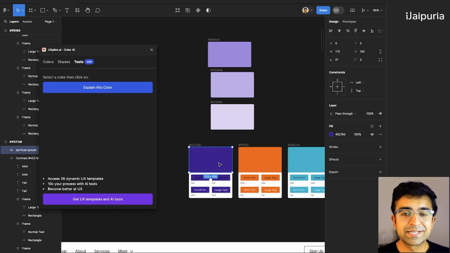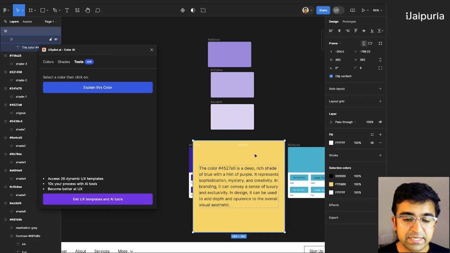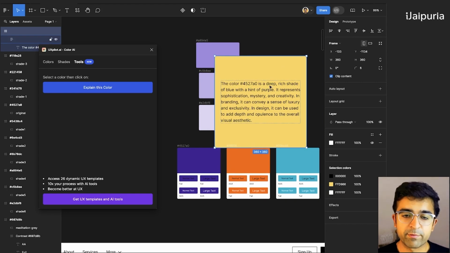Another addition to this is for a lot of people who don't know how to set colors or color palettes, you can select a color and you can ask it to explain the color to you. Why this color has been chosen, how it can be used, what is the nature of this color. As you can see, it pastes a little note above this. The color, whatever the name of the color is, a deep rich shade of blue with a hint of